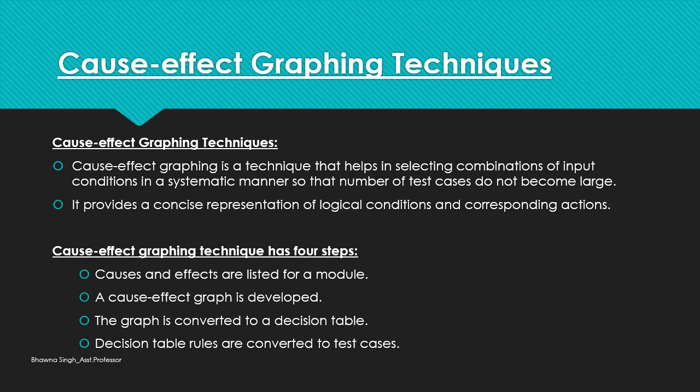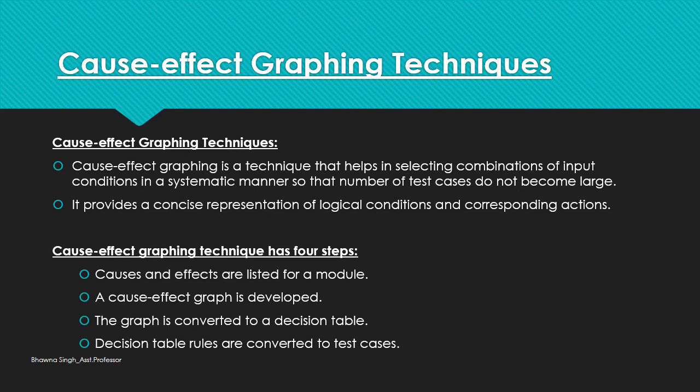This cause and effect technique is used to write dynamic test cases, and it is based on the collection of all the requirements that are used to determine the minimum possible test cases which can cover the maximum area of the particular software. And in this we use certain notations and symbols in order to depict the relationship between various results and their input and output conditions.